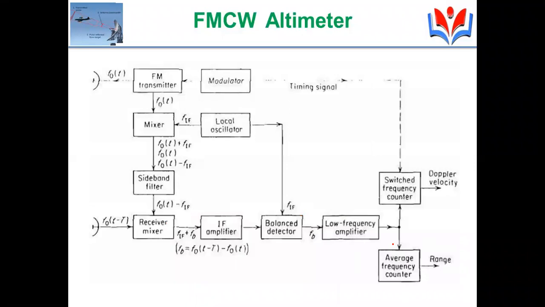The FMCW altimeter. The meaning of altimeter we know: an altimeter is used to measure height. Let us take an example of where it is useful. The FM altimeter is most useful in flights and ATC, air traffic control. How? Let us see here. This is the block diagram of the FMCW radar. The pilot wants to know two important things whenever he is in the flight.